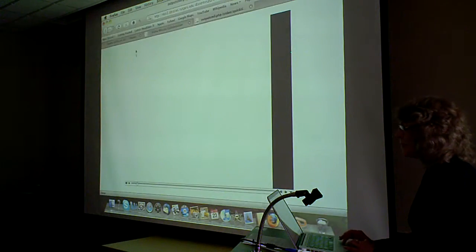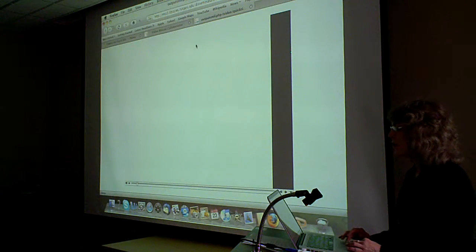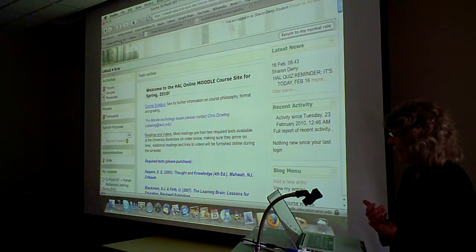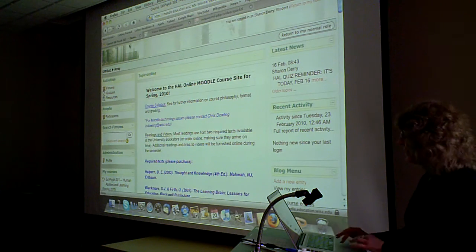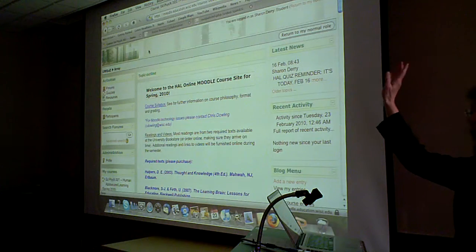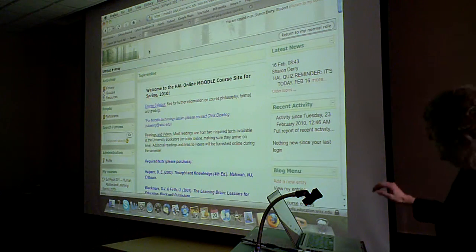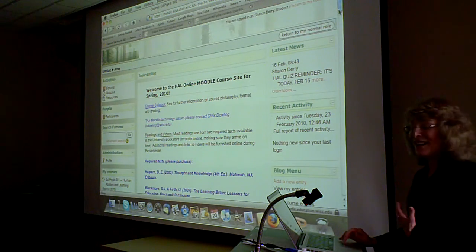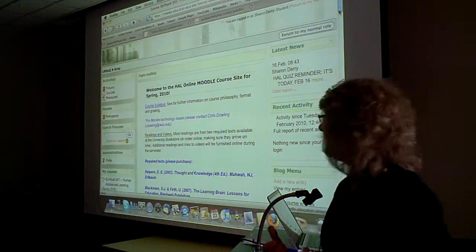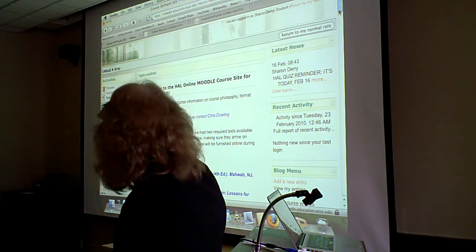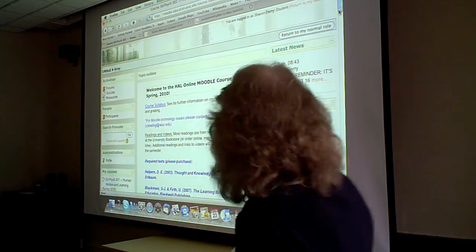Again, I think I'll just do the fast way, then I'll show you how to log on later. All right. And how many of you have used Moodle? You said that you are familiar with it, so this looks really familiar to about half of you here. So this is what the course looks like, and because I'm the instructor, this isn't quite this messy for the students. I've got a lot of stuff up here that just the instructor gets.